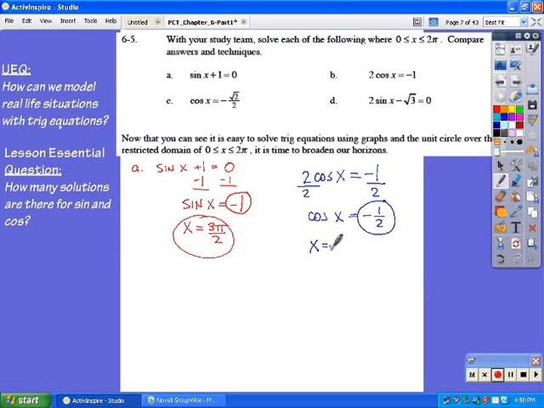Where will cosine of x equal -1/2? And I'm looking at, well, if cosine is negative, I'm looking in quadrant 2 and quadrant 3. Okay, and if it's -1/2, that means it's going to be a denominator of 3. So